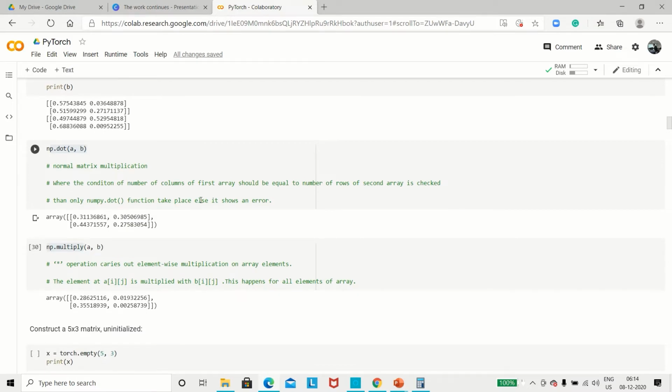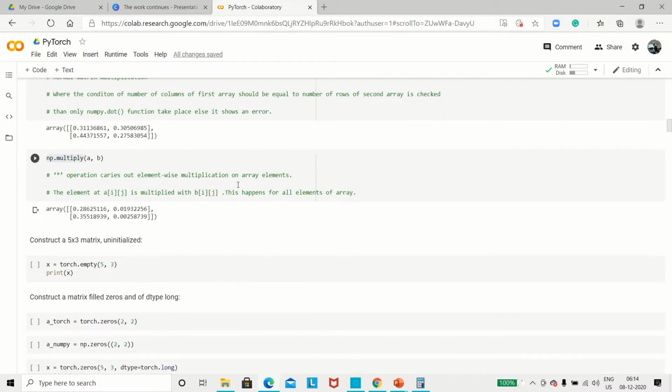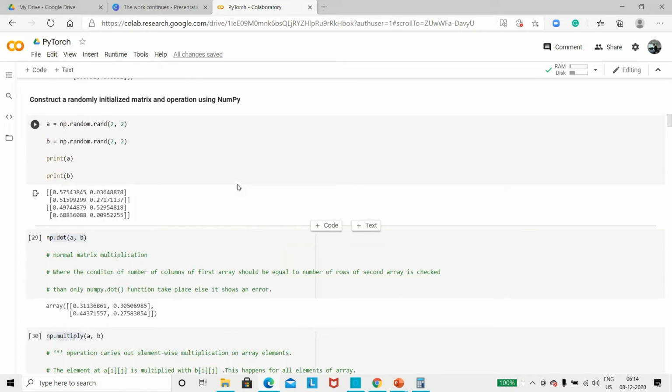Okay, so this is how we can understand the difference between how to perform the same type of thing using numpy and the same type of thing using pytorch. A little bit of difference in the input commands, but the way of processing in the background is happening in the same manner. Okay, so in the next session we will learn